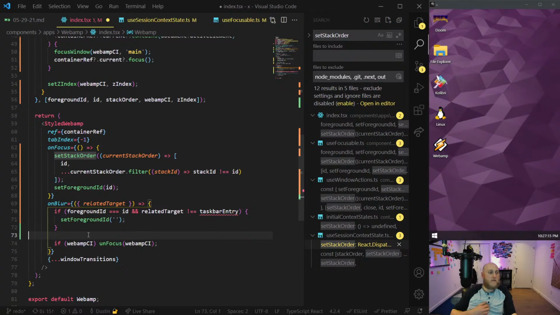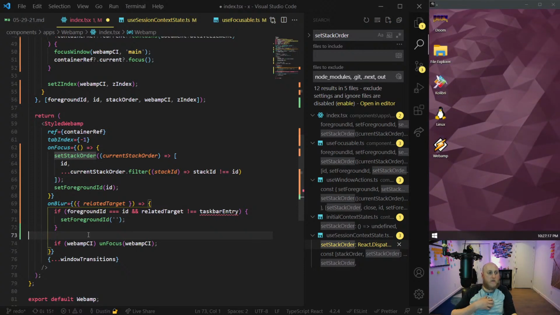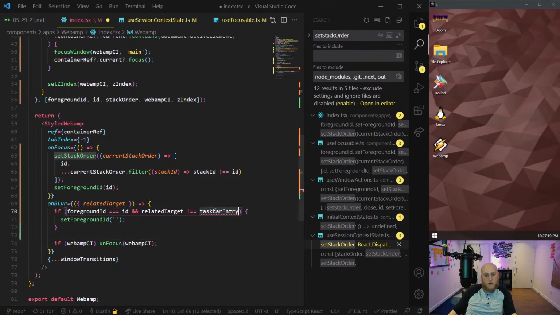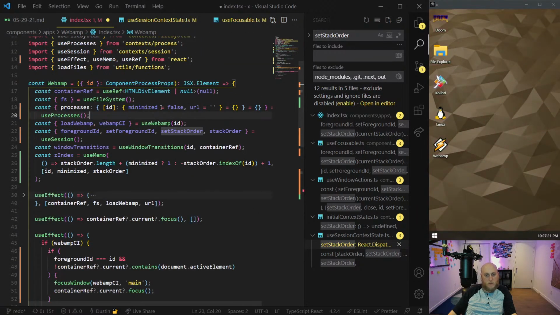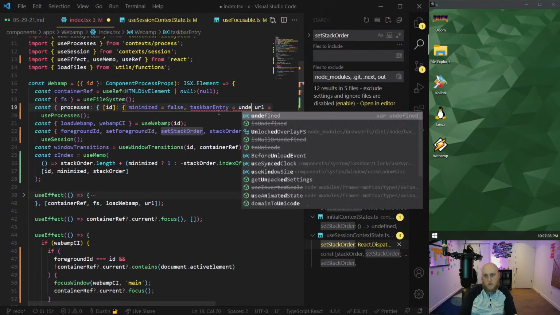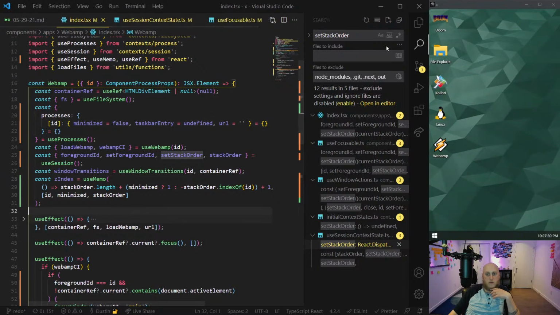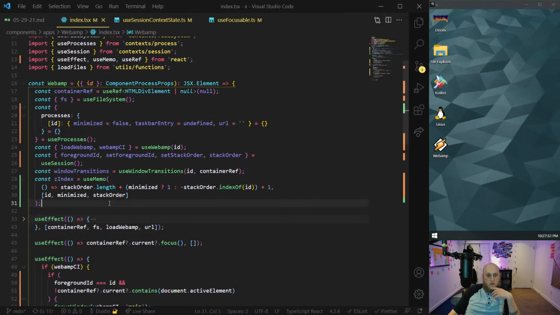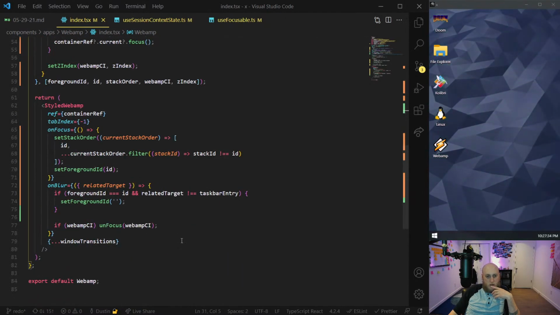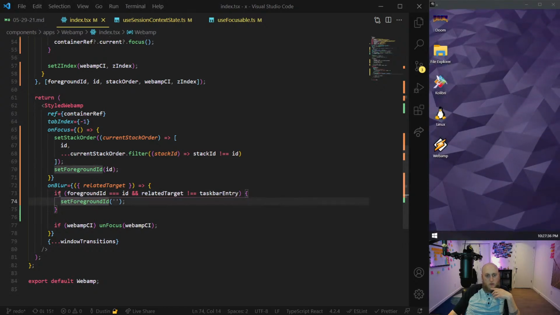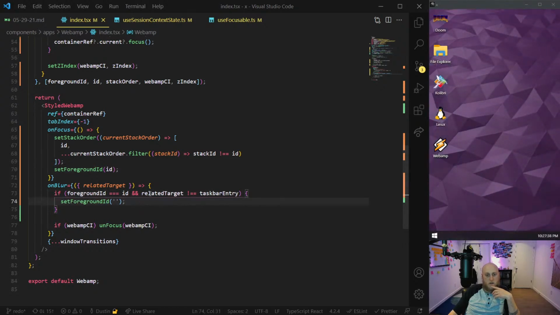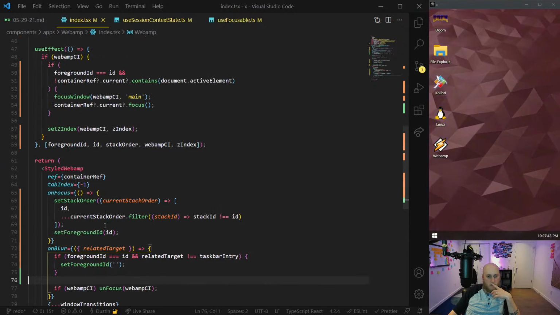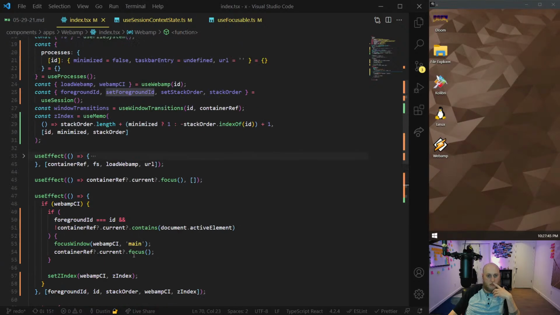And I think we even have some code that maybe refocuses it on the window in that case. So I think we're okay there. So we have to import the taskbar entry reference for that thing. Element of PQRSTU, so it's actually here. We have to set a default. There we go. Nice. I think that's all we needed for that piece. So now when we blur, we check that it is the foreground ID and it's not the taskbar, then we clear it. And for here, we now pop it to the top of the stack.